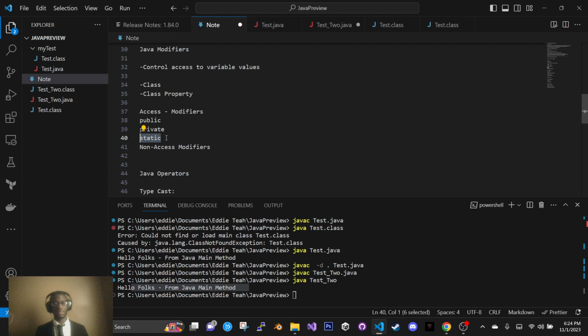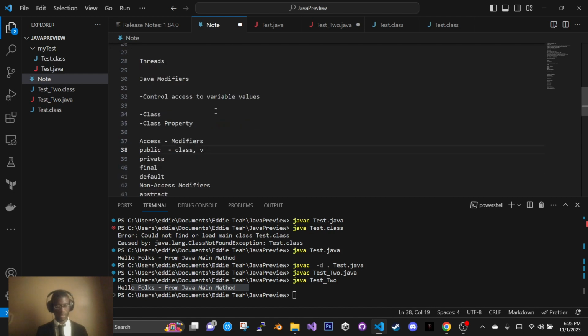And then we have default. Let's just put default here. In the non-access, we have abstract. We have final and stuff like that. I think final is here. Anyways, we're gonna cover these. All right. So public, you can have a public class. All right, you can have a public class. And you can also have a public variable inside of the class. All right, you can have a public int,